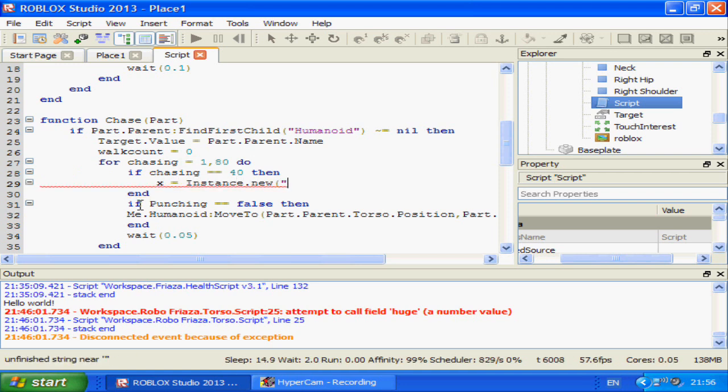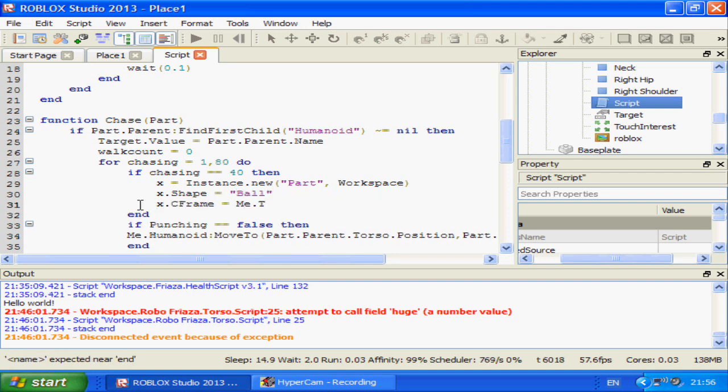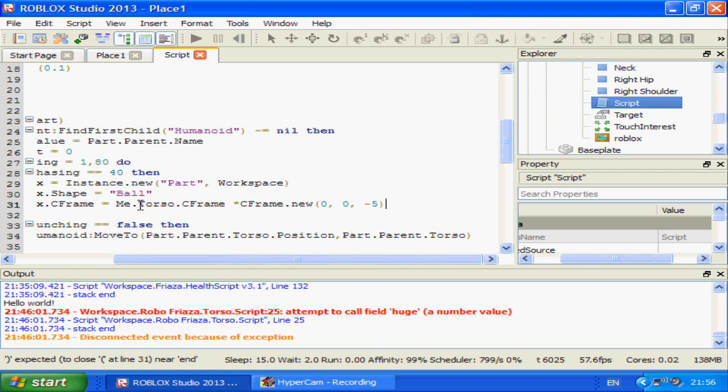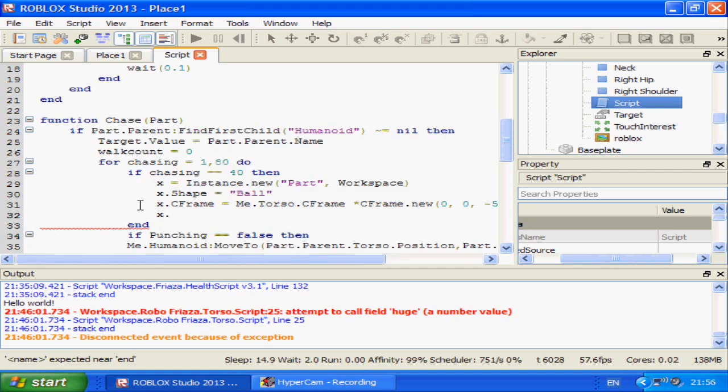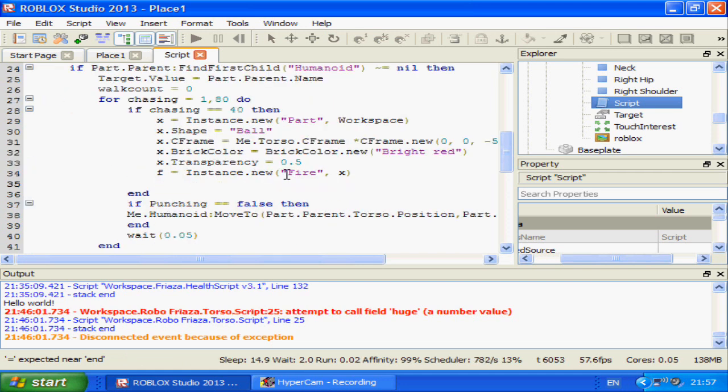So x equals instance.new part, workspace, x.shape equals ball, x.cframe equals me.torso.cframe times cframe.new 0 minus 5, and x.brick_color equals brick_color.new bright red, x.transparency equals 0.5, f equals instance.new fire, x, z equals instance.new point light,